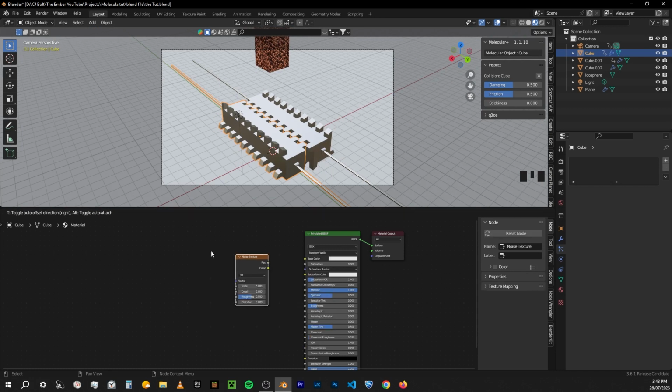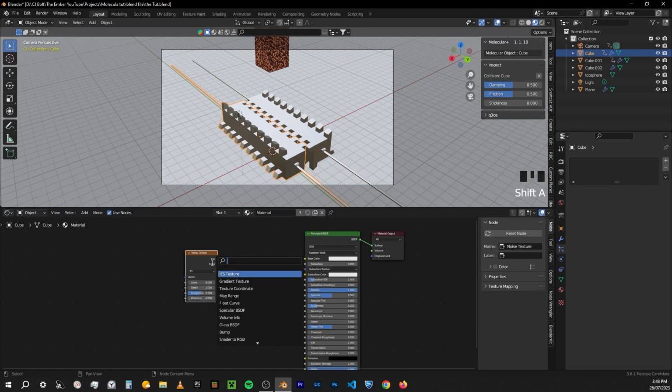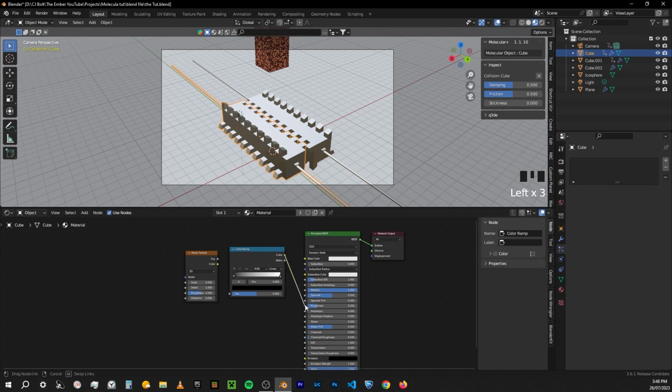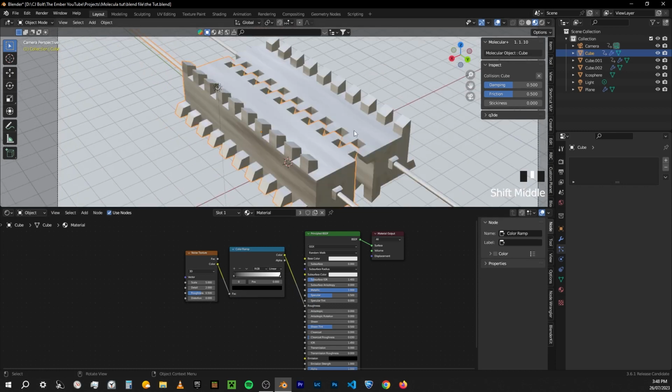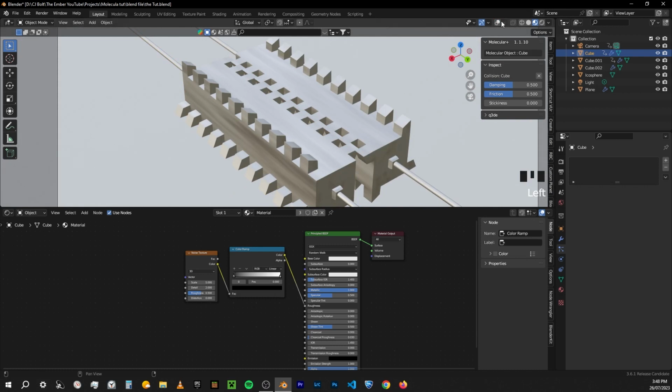It doesn't look that good at the moment, so I'm going to press Shift A and add in a noise, and Shift A and add in a color ramp. I'm going to plug the color into the roughness and the color of the noise into the factor of the color ramp. I'm just going to zoom in a little bit and turn off overlays up here so we don't have all the extras. Okay, so if we turn the scale up, you can see that we do have something,